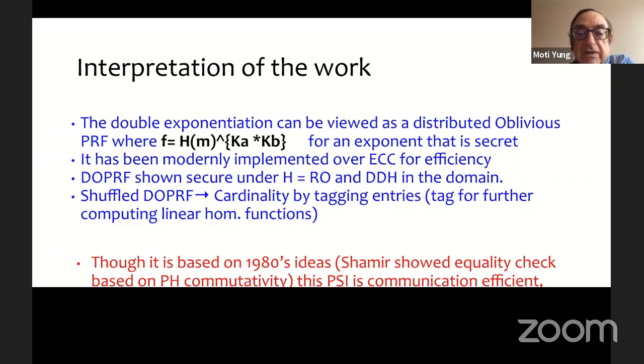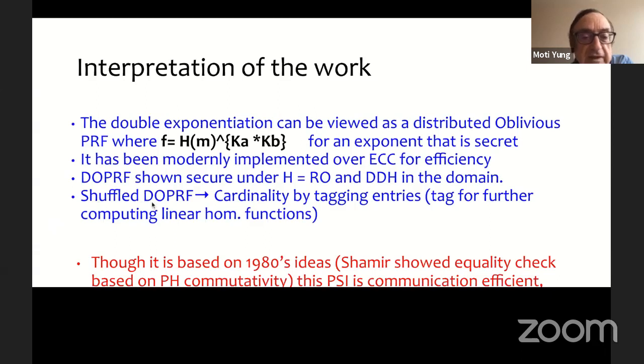And of course, the exponents are secret, so it's more like a PRF, actually a PRP. Distributed oblivious PRFs have been used before, so it is shown secure under H, the hash function, being a random oracle, and the DDH assumption in the group, and distributed oblivious PRFs have actually been used in this context by a number of other works.